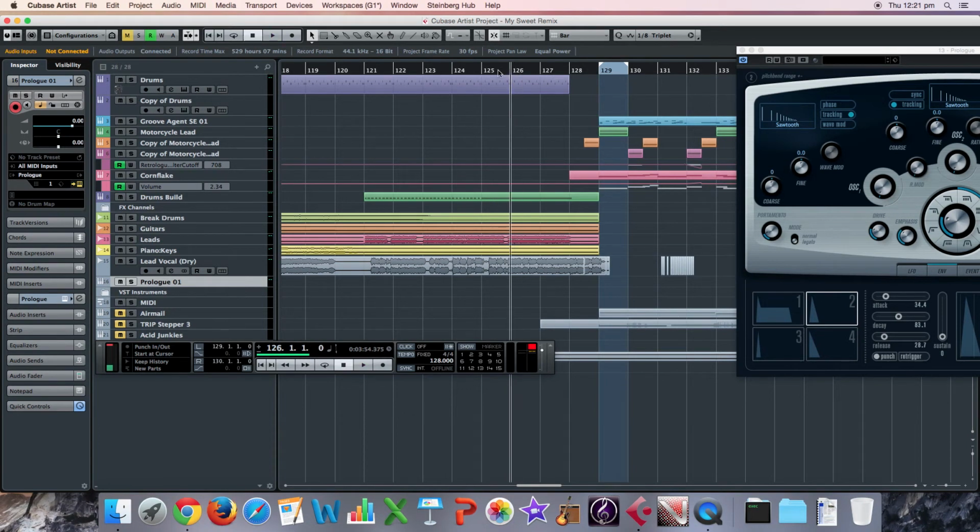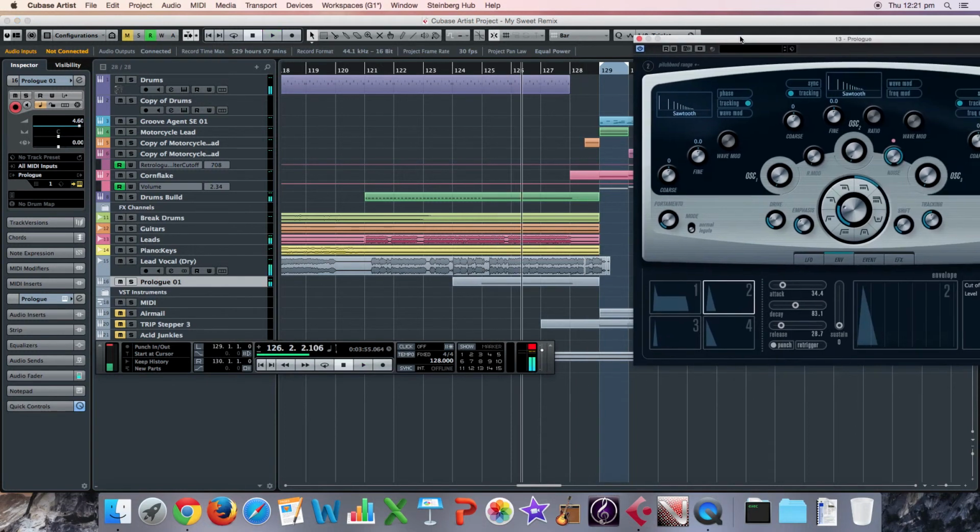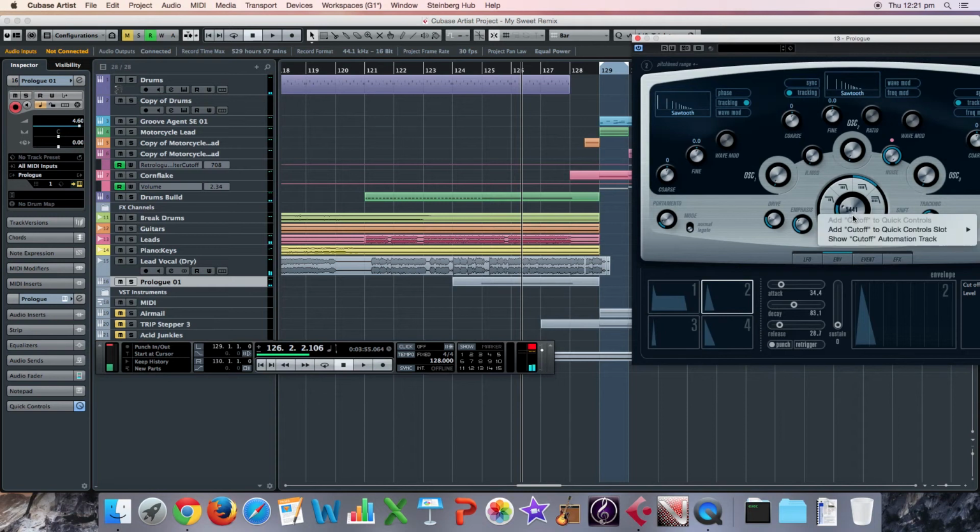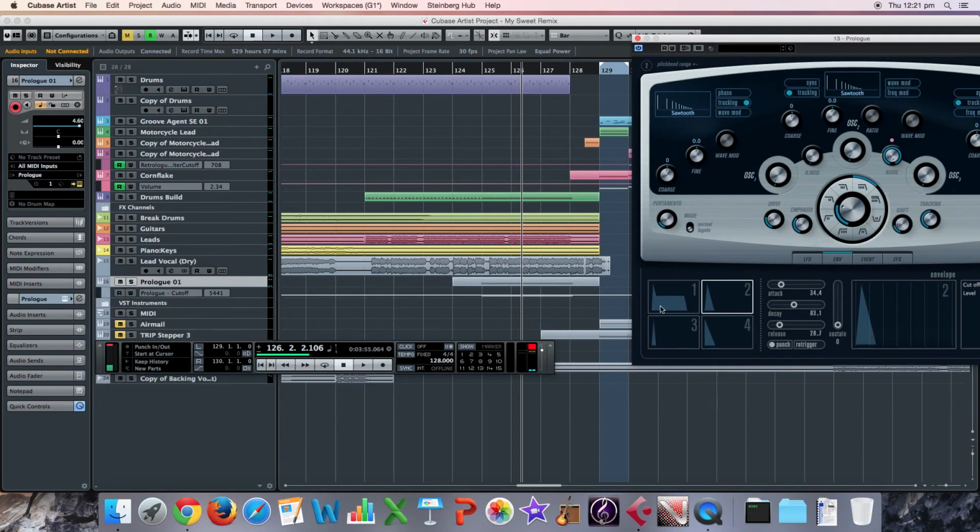What's that, 2 bars to go? Maybe 3 bars to go. I'll give it a bit of space. Hit record. Beautiful. Couldn't really hear that. I'll turn it up a little bit, but you can hear it in the background. There it is. And now I come over here, show automation, and I'm just going to do a pretty basic